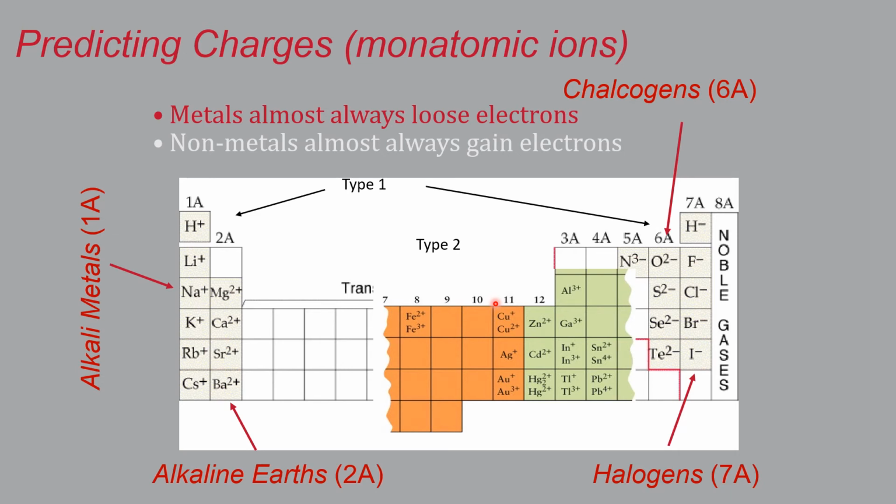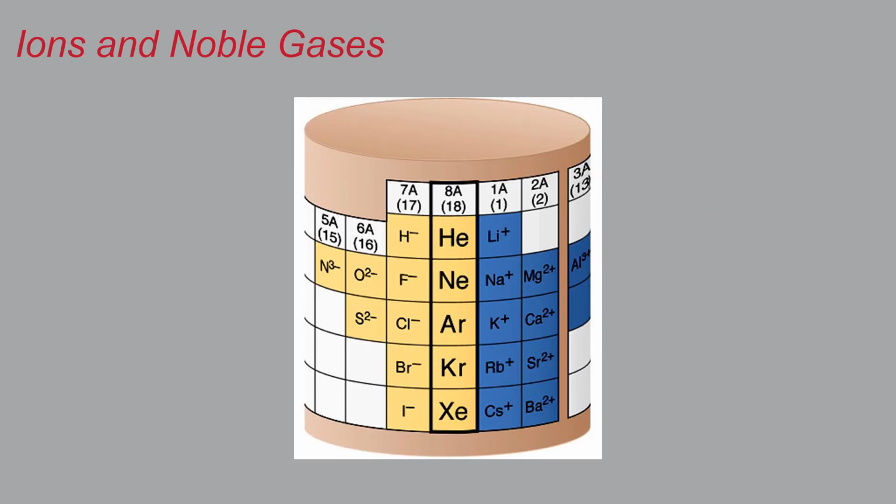Now, the last thing we talk about is what has to do with these charges. Clearly, something's got to be going on for this pattern to happen. And the pattern becomes a bit evident if you look at not a periodic table, but a periodic cylinder, where the headline here is Group 8A, the noble gases. Now, we will find out,